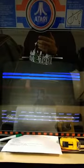One of the big blues, Brandon, is pretty much brand new. The other one is on the list to be replaced real soon. But here we go. So, the marquee comes on. So, it has signs of life. If I coin it up, I don't have the coin harness built, so I have to do it with the service button, but